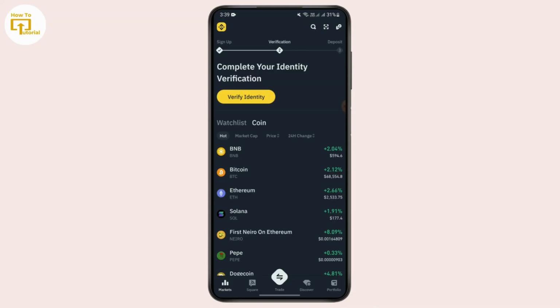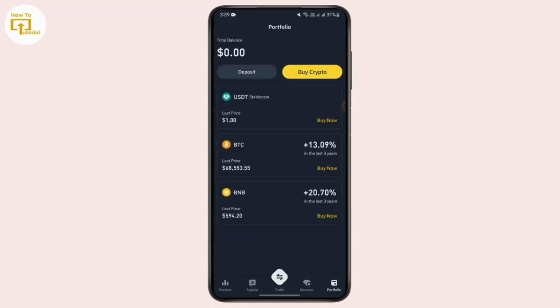On the bottom, you will be able to see the wallet section if you have a verified account. On the section of portfolio right now, just tap on that and here you will be able to see your coins. After seeing that, you just need to go to spot and make sure that your funding is in the spot wallet, and under spot you have to tap on USDT. After tapping on it, you will be redirected